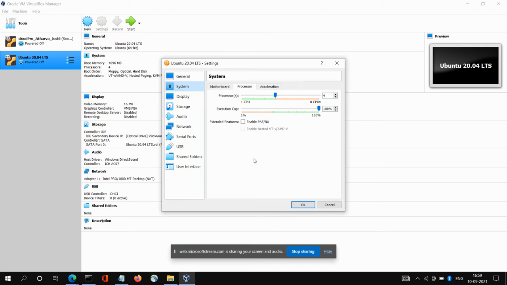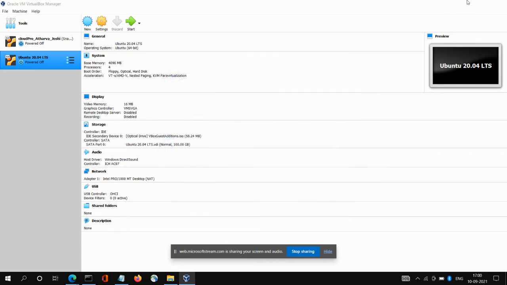So hello all, in this video I will tell you how you can enable nested virtualization on VirtualBox. As you can see over here, the tab to enable nested virtualization is disabled. To enable that, all you need to do is open the file location of